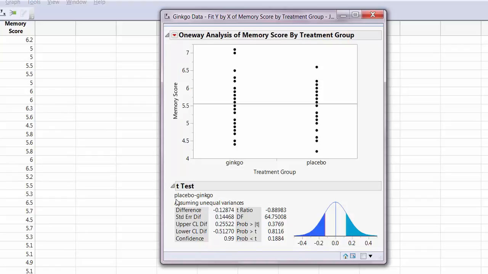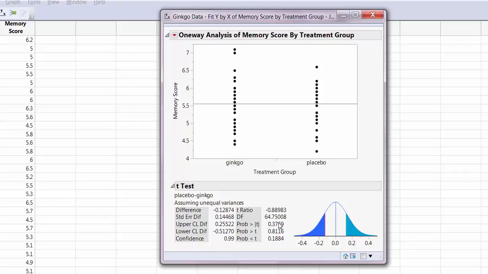So we can see that when we're estimating the difference placebo minus Ginkgo, the lower limit is negative 0.5127 and the upper limit is 0.25522. JMP also gives you the degrees of freedom, which, as I mentioned, are given by a messy formula that is going to result in having these decimal values in your degrees of freedom. So here the degrees of freedom are